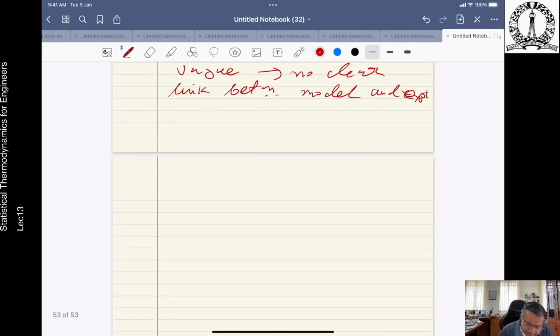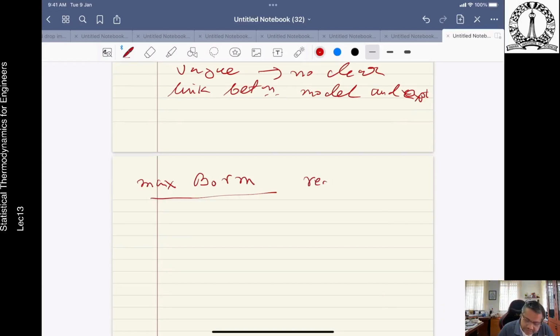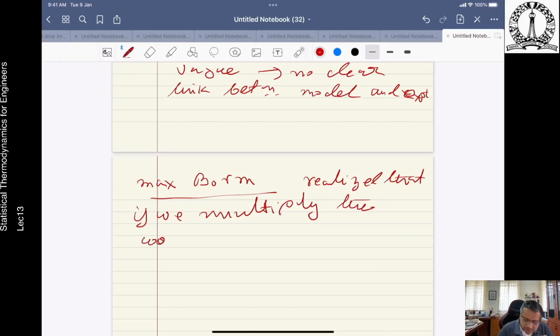What happened after that was that Max Born, the German physicist, ultimately provided a rationale to it. He realized that if we multiply the wave function with its complex conjugate